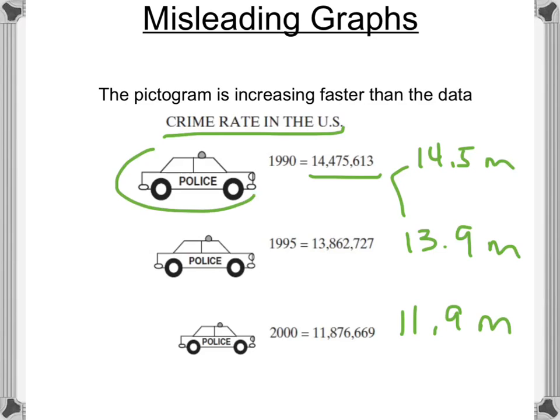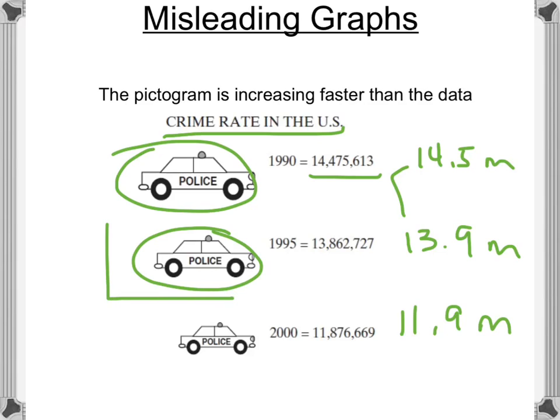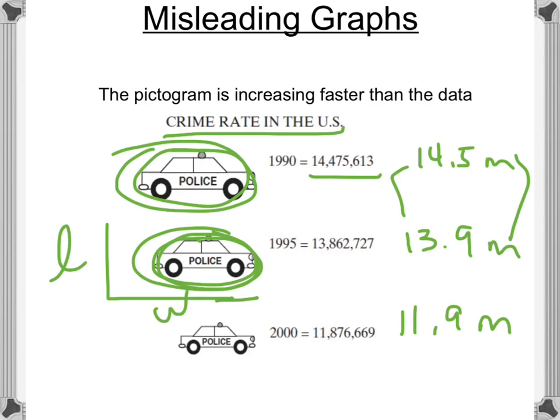But the picture itself is decreasing in size. Now, you have to be careful about something decreasing in size, because size is a two-dimensional thing. It's actually two factors: the length and the width. If you decrease both the length and the width of something, you're decreasing it much faster, because the area of this police car is much smaller. The ratio of the areas of the police car is much smaller than the ratio of the decrease. And that's because we decreased an area. We didn't decrease the